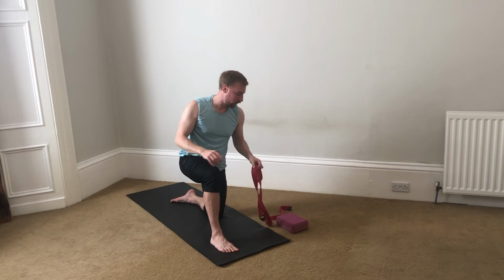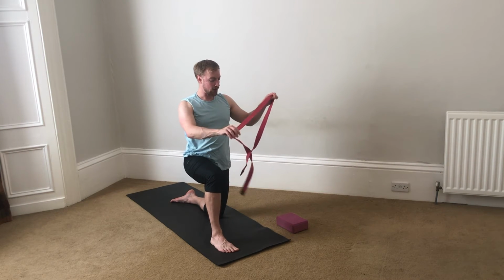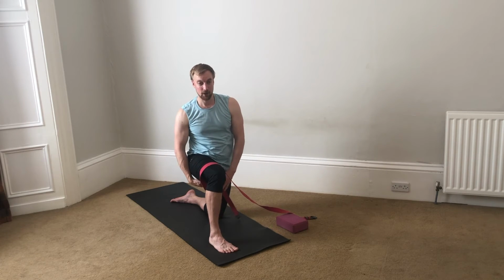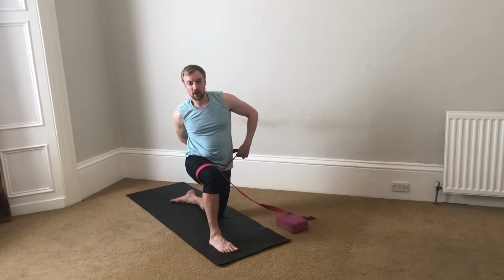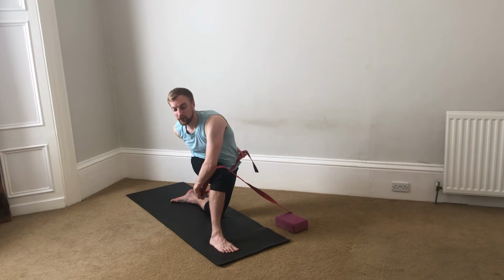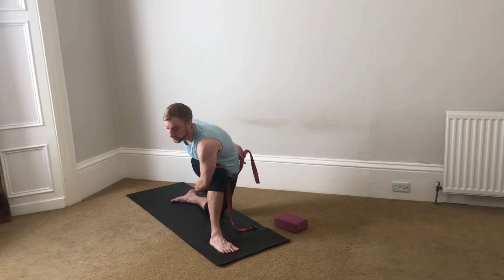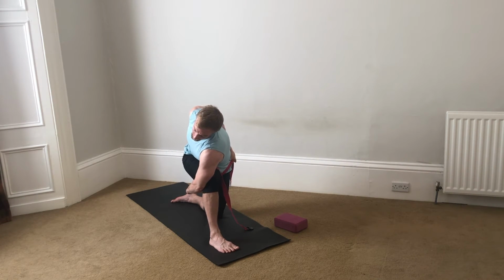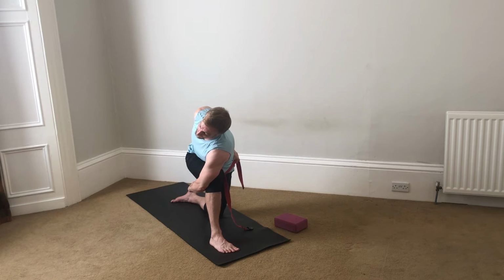If you're not able to work with that, you're using your strap dangling over the right thigh. Outside edge of the strap comes up to your left hip, right hand comes round to grab the strap. Left hand grabs the strap on the outside of the right leg, lean into your twist and creep the hands together on the strap. Then from there, pulling tight either hand to hand or on the strap, roll your right shoulder up and back,